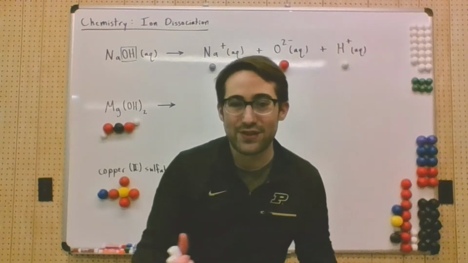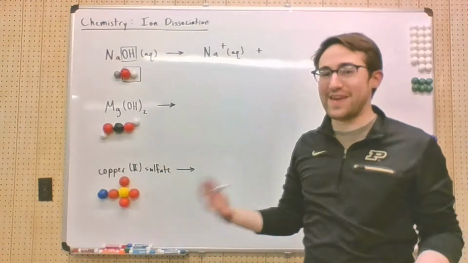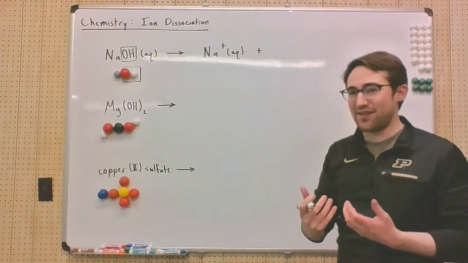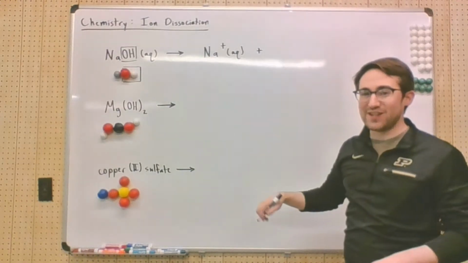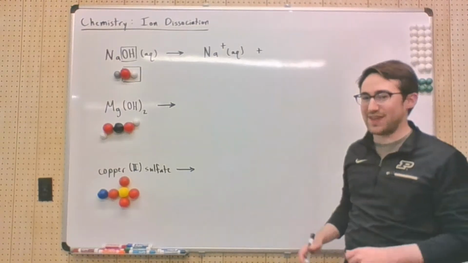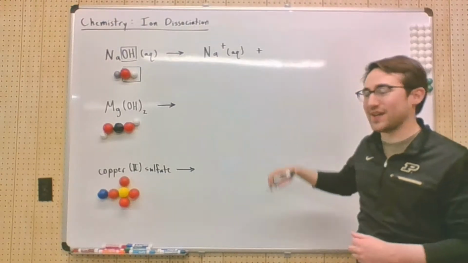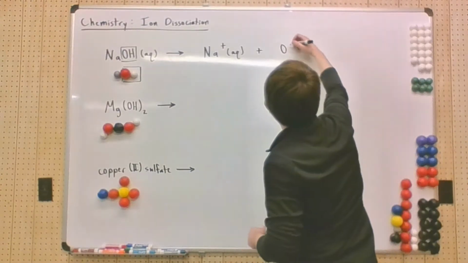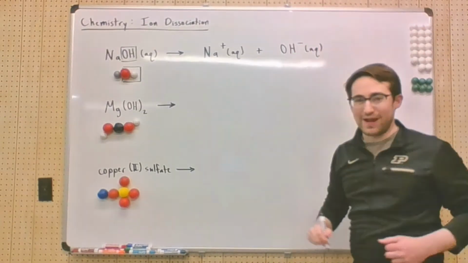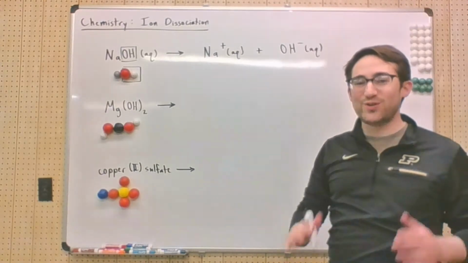Okay, so let's rewrite this one. Instead of trying to split up my hydroxide into the O and the H, I want to keep hydroxide as the same polyatomic ion bonded together. So my Na plus can still break off. That is its own ion. It's not a polyatomic or in one or something like that. Okay, but my hydroxide has got to stay together when it breaks away from that Na plus. Okay, as a general rule of thumb, anytime we start with a polyatomic ion, we're going to keep it as